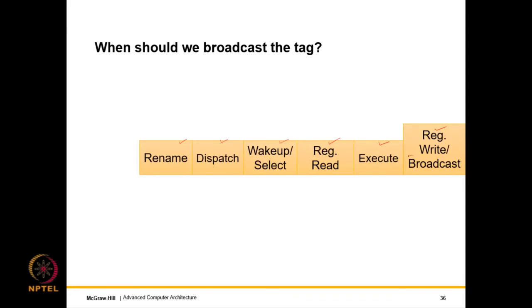So one of the simple options that we are looking at here is that we actually broadcast over here. And if we broadcast over here, let's see what are the problems. Note that in this pipeline, we have full bypassing and forwarding enabled, right? Forwarding in an out-of-order pipeline is called bypassing. So in this case, if we broadcast in this stage, we will have to have a 2-cycle delay, as we can see over here, between the producer and the consumer instruction.